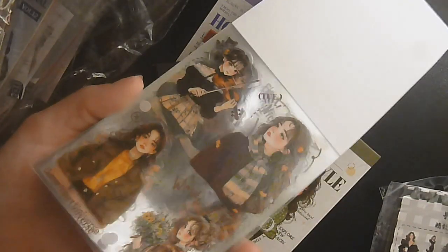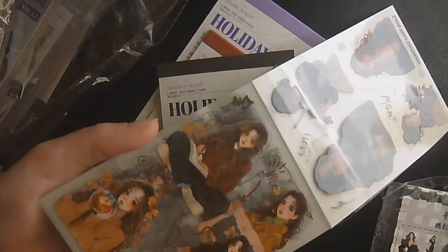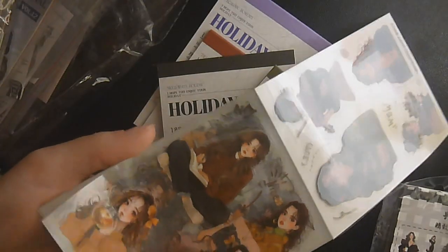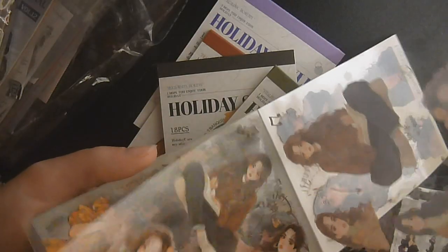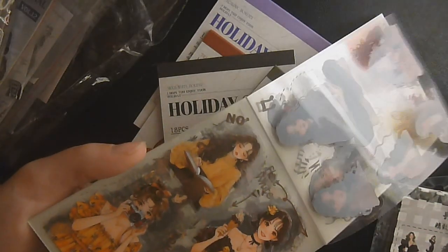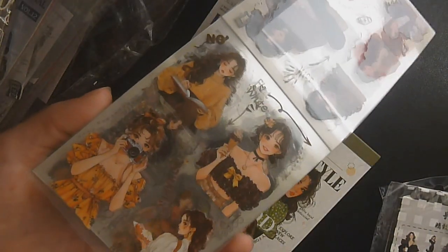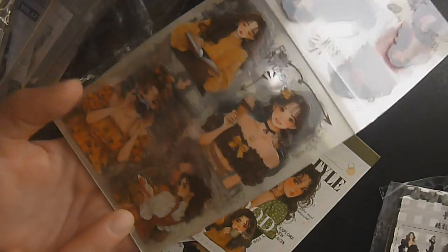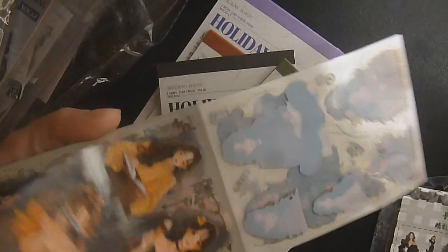Again, you get 2 of each sticker in these, and I think there's 18 sheets, they said, so there's 9 different sheets worth of stickers. And you get 2 of each, and they're just really nice. You know, studying girls, girls on holiday. This one would be perfect for a story that I'm cooking up of a girl who works in hospitality. That's a very simplified version, but it's sort of like